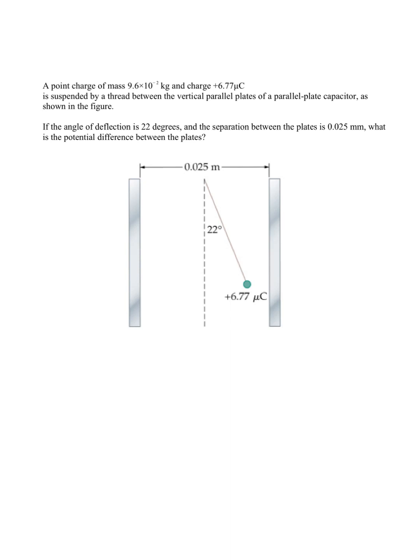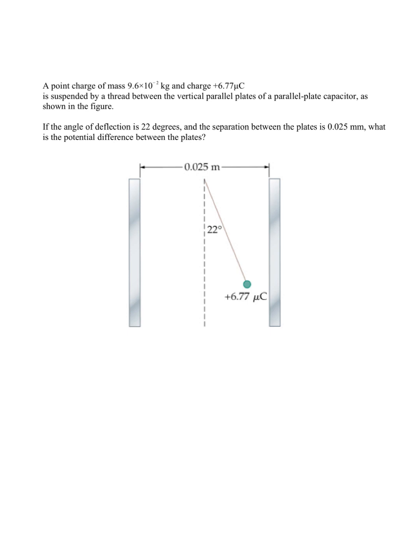In this problem, we have a point charge of mass 9.6 times 10 to the negative 2 kilograms and charge 6.77 microcoulombs that is suspended by a thread between two vertical plates of a parallel plate capacitor. The sphere is pulled towards the right plate, and the thread then makes an angle of 22 degrees with respect